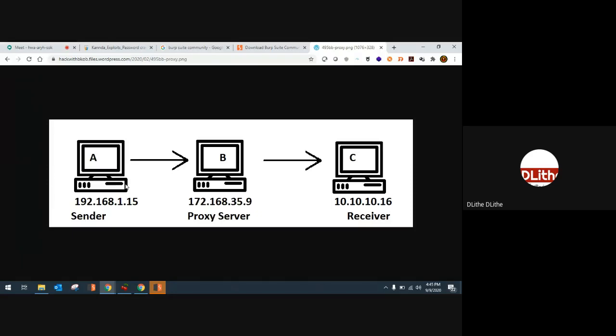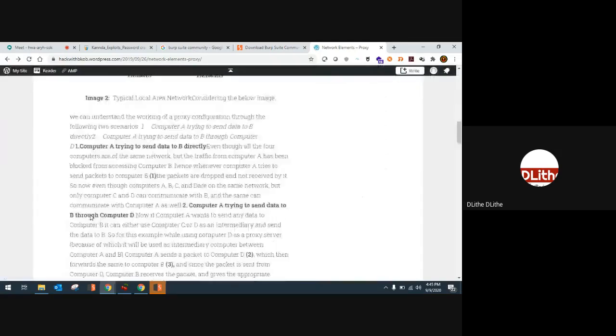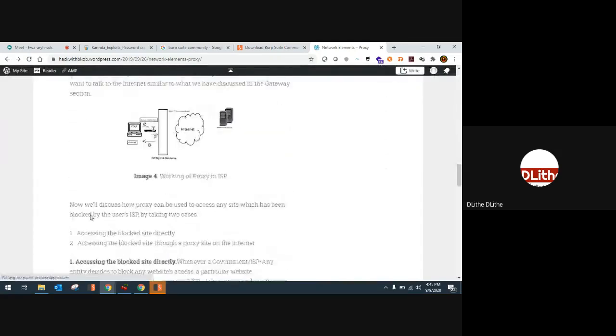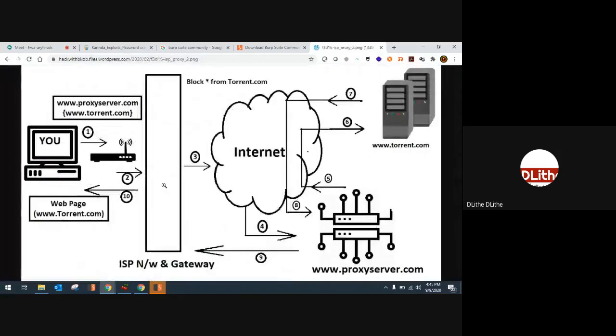That's one reason: to hide your identity. Second is to bypass restrictions. This is one of the common ways people can access websites or machines they do not have access to. The best example is torrent. You cannot directly access torrent because it's blocked by ISPs.